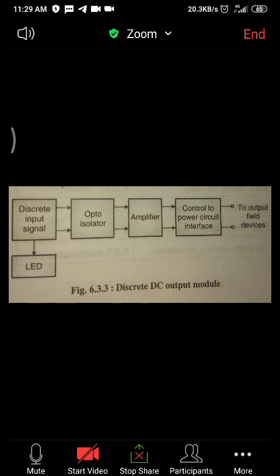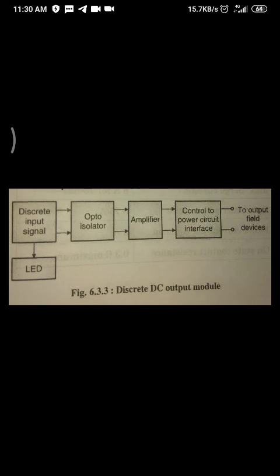This module receives the operating power from the power supply of the PLC, because it is DC and the PLC works on DC supply, and it comes from the back panel of your PLC. High DC voltages are there in the back panel of the PLC. So obviously this is a DC output module, so the high voltage and high current which is required to power up the device is taken directly from the back panel. There is no need of external connection. Okay.